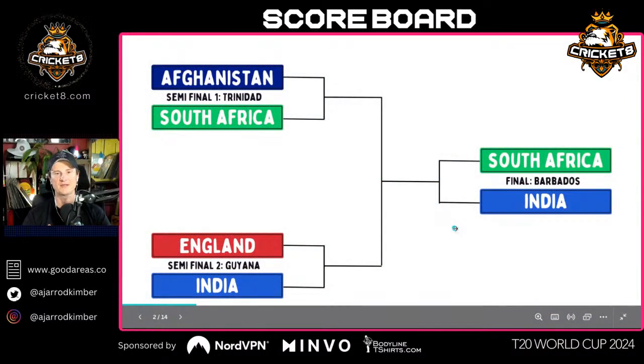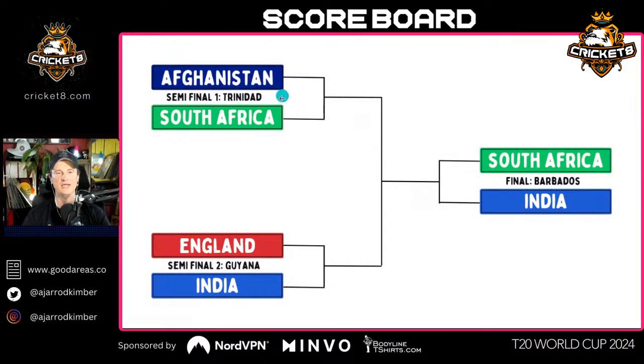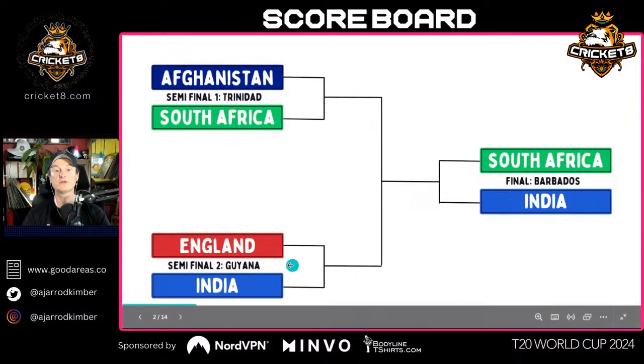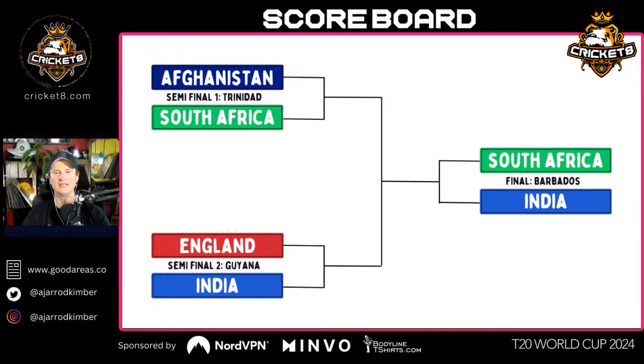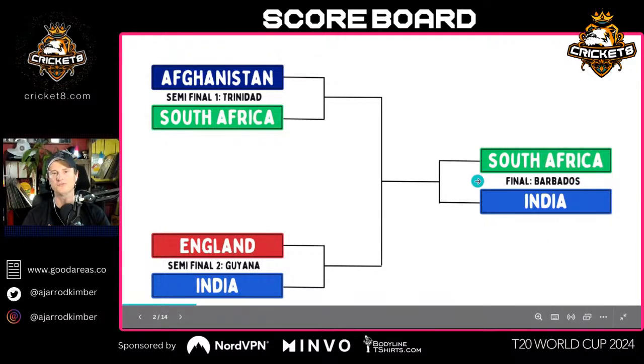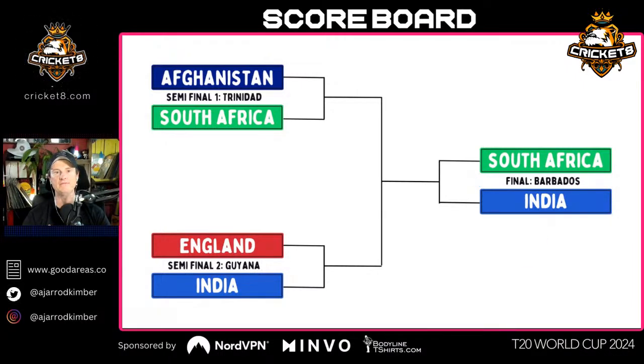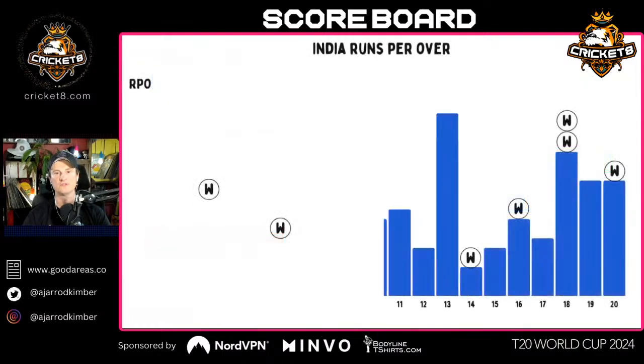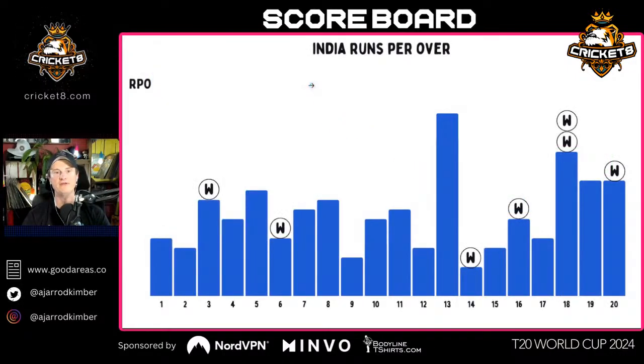There we have it. Barbados. So we had a dreadful wicket in Trinidad that shouldn't have been allowed for a semi-final. We had a typical Guyanese wicket, although more from one end than the other, if we're being honest, there. And Barbados. Both teams have a fairly even chance in that last one with those conditions, although you probably favor India a little bit more just based on conditions alone.